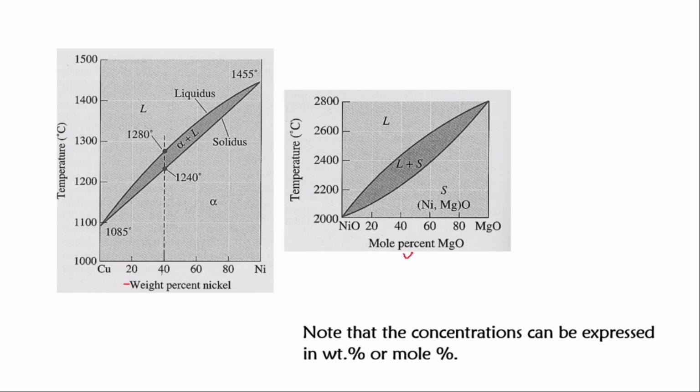So let's take note of it: the composition can be in weight percent or mole percent. It's the same. Now, this is the mole percent of what? Magnesium oxide. It means that this number represents magnesium oxide. So when you talk about it, we have 20% of magnesium oxide, but 80% of nickel oxide as compared to